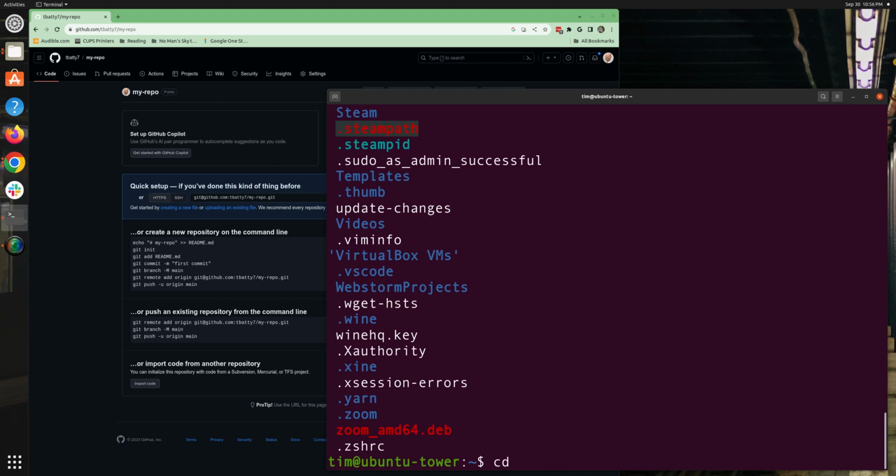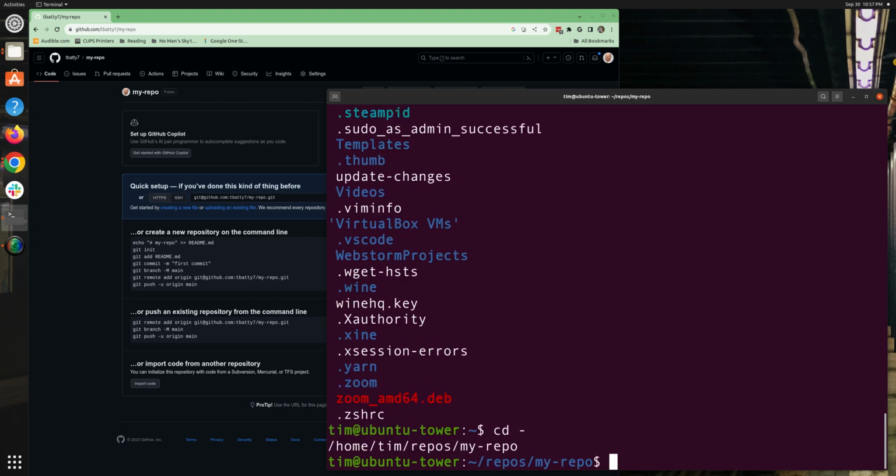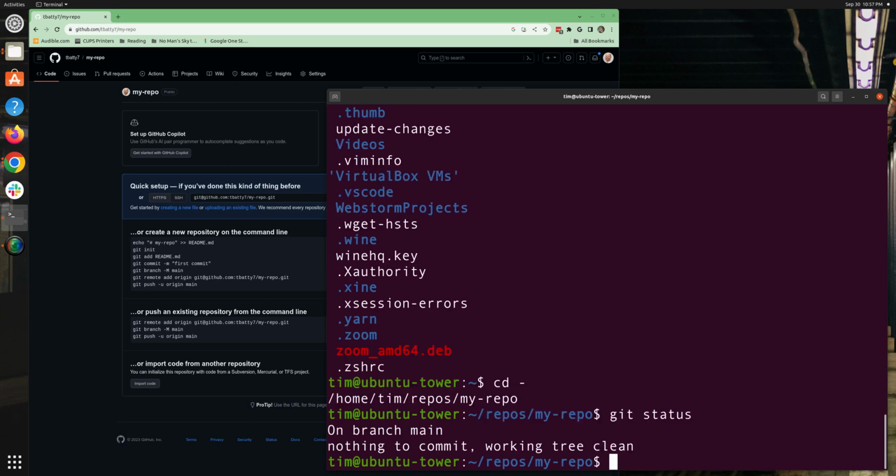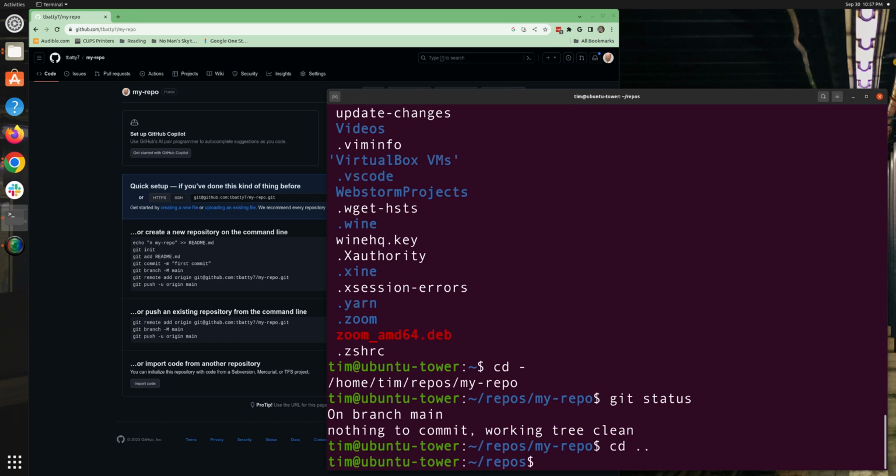Also, another way of seeing that you have this problem is, I'm going to hit cd - to go back to the previous folder I was in. So in my-repo, if I do git status, actually that doesn't really tell you anything. So if I were to go back one and I do git status here,